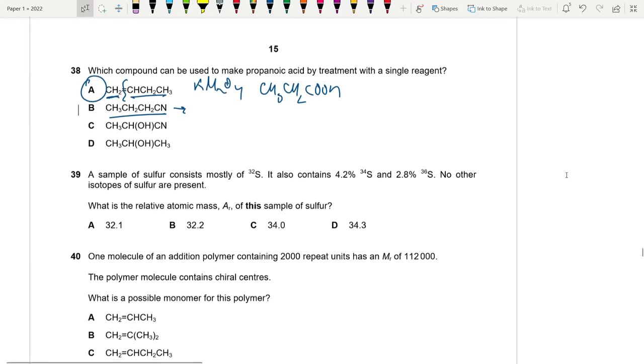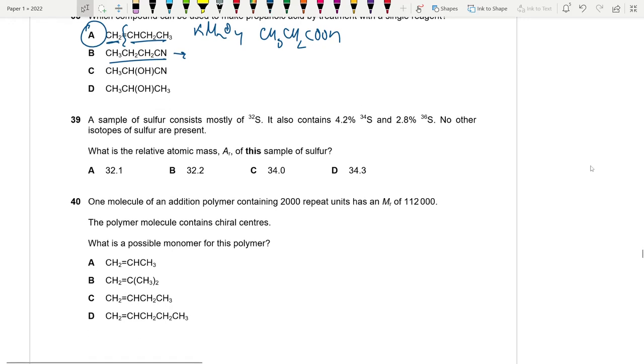39. A sample of sulfur consists mostly of 32S. It also contains 4.2% sulfur-34 and 2.8% sulfur-36. What is the relative atomic mass of this sample of sulfur? Okay, so let's find out the percentage of 32S. That's 100 minus 4.2 minus 2.8. That gives us 93% of this. So 0.93 times 32, okay,